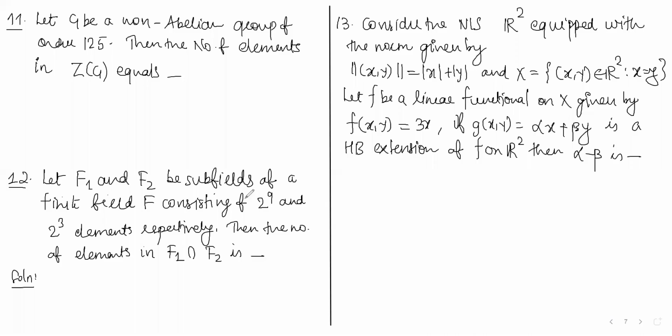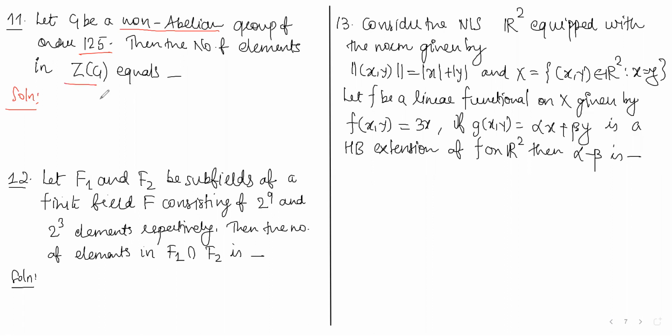So the set of problems is ready from 11. It says G is a non-abelian group of order 125. The key point here is a non-abelian group of order 125, and we need the number of elements in the center of